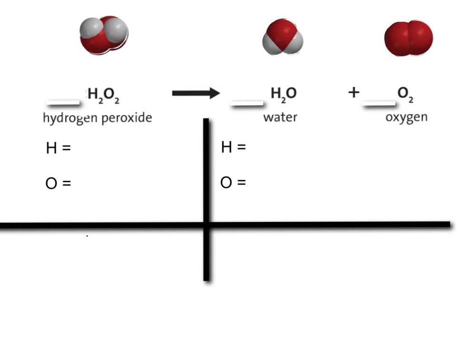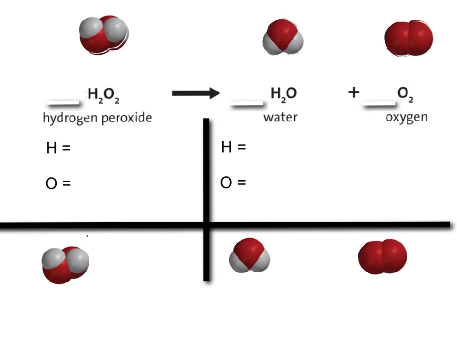Today we're going to be learning about balancing equations. So in order to do this, we have to first put one of each molecule on the side. Now we have to count them up, and on this side we have 2 hydrogen and 2 oxygen. The hydrogen is the gray and the oxygen is the red. Now on this side, since we have one of each, we have 2 hydrogen and 3